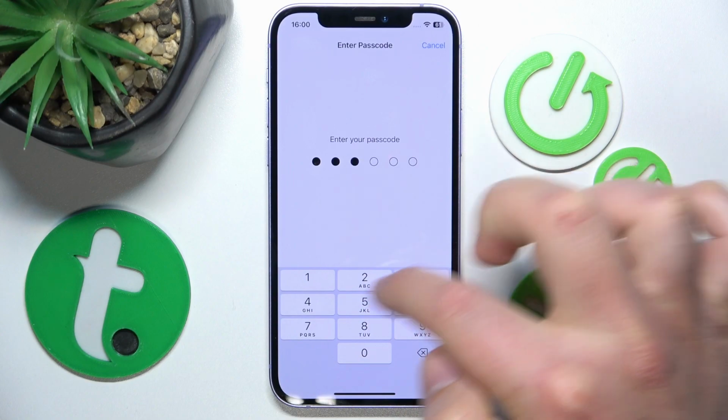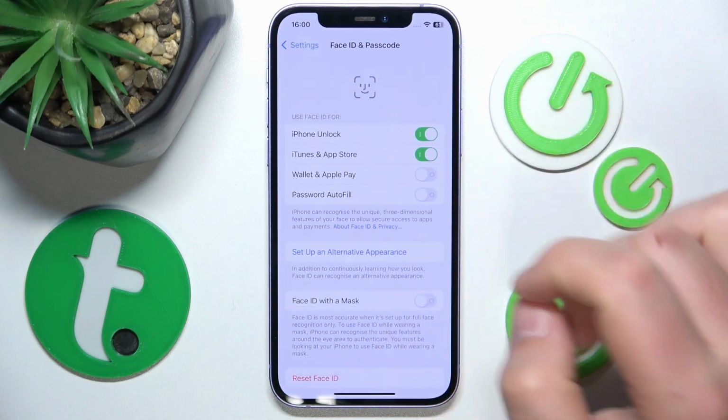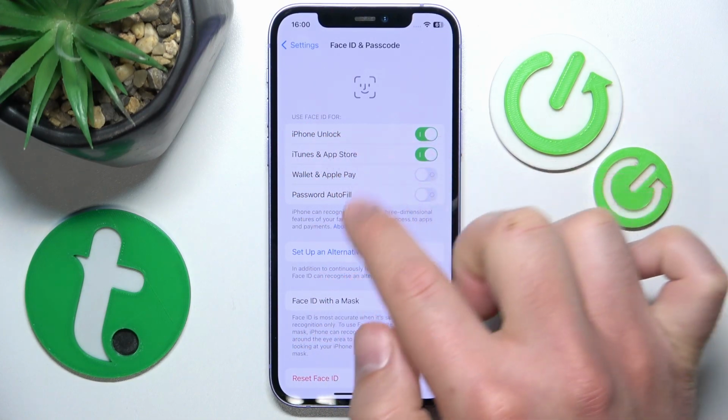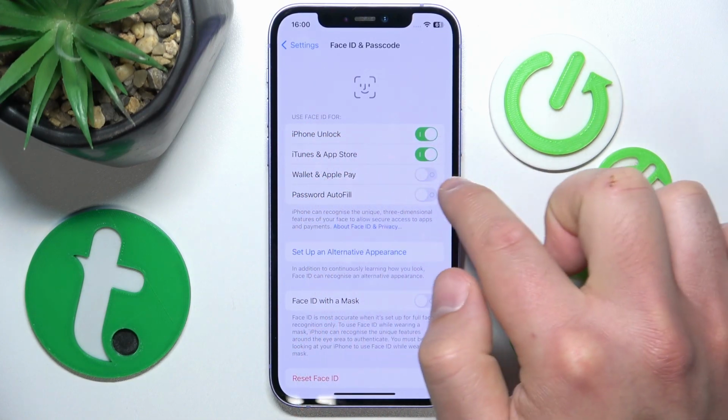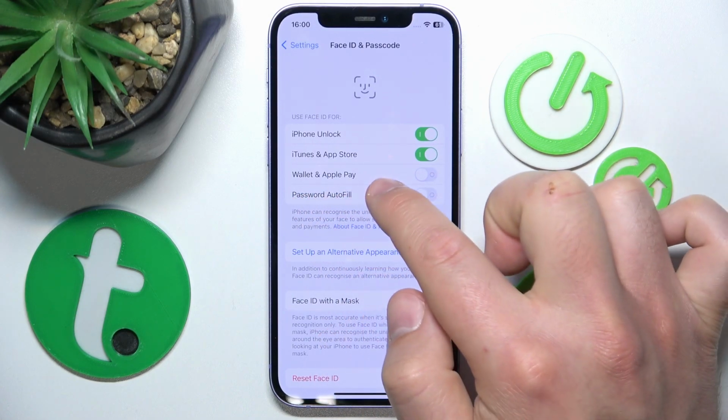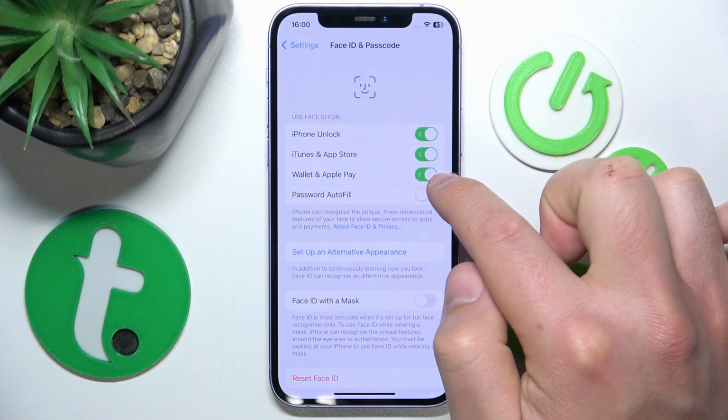Once you're here, you need to type your passcode, so do it, and then you have these options, use Face ID for. In this section, you just want to click on the button, if it's gray, to enable Wallet and Apple Pay. So once you click on this one,